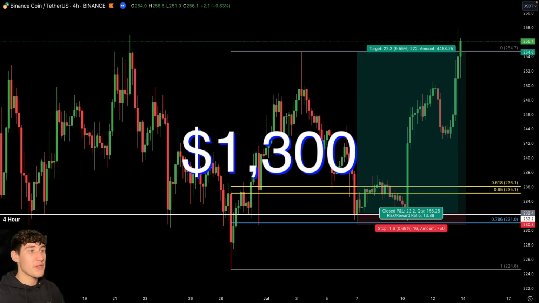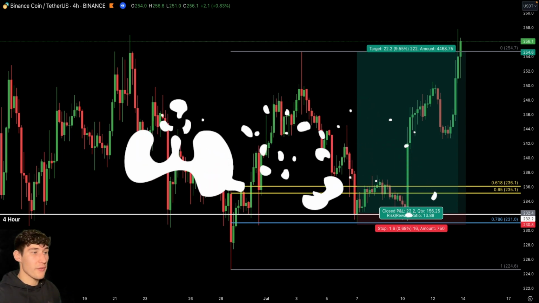This approach emphasizes the principle of risking a small amount to potentially gain significantly more. It's evident that trading becomes more manageable when you possess a clear understanding of what to observe and act upon